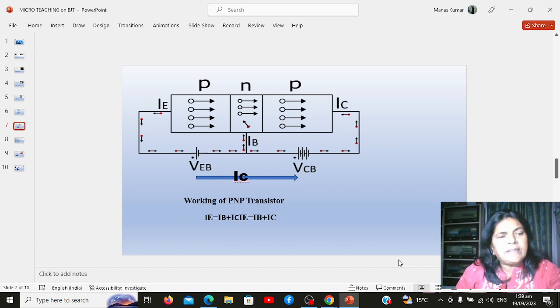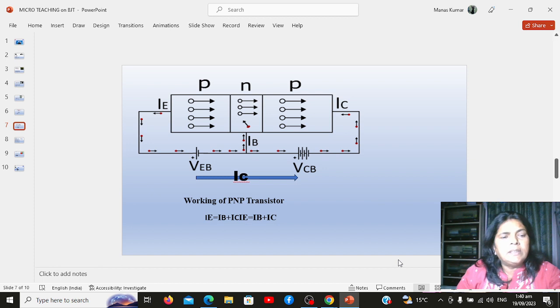For the PNP transistor, the forward bias of the emitter-base junction causes the flow of holes in the P-type emitter region toward the N-type base and constitutes the emitter current. As these holes cross into the N-type base region, they tend to combine with the electrons. Since the base is lightly doped and very thin, only a small number of holes, less than 5%, combine